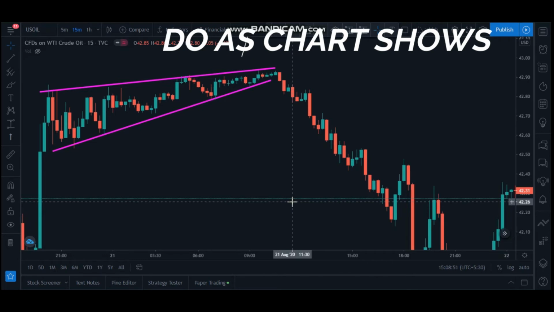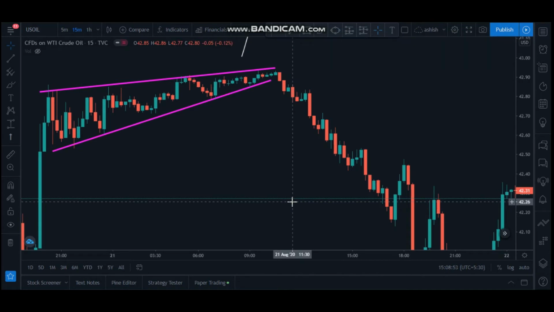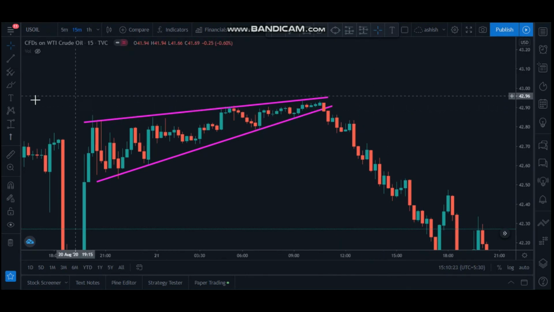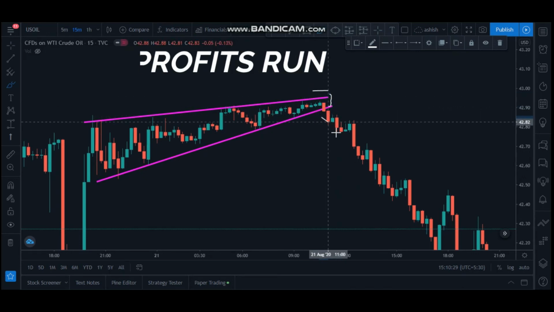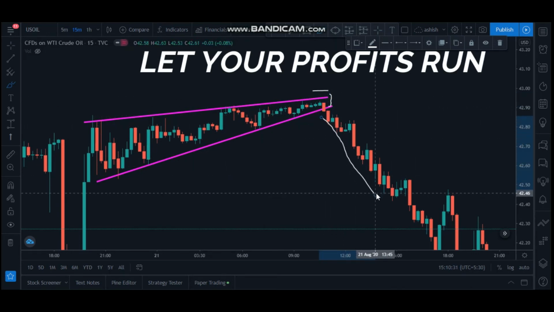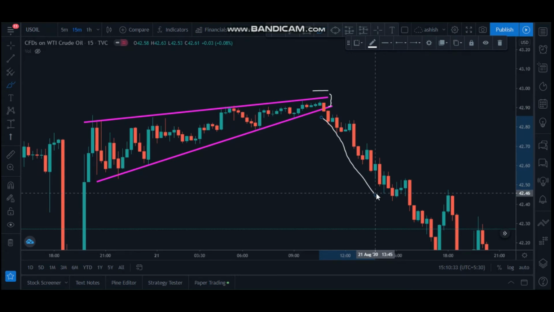Never predetermine the market, that it will go in some direction. You have made up your mind to go in that direction only. And even if you take a stop loss in a triangle pattern, here you can see the distance of the stop loss is so small, and when you make a profit it is so high. So even though you are taking a stop loss in a triangle pattern, it is fine, but when you are winning, make sure that you take the profit and cover your losses.